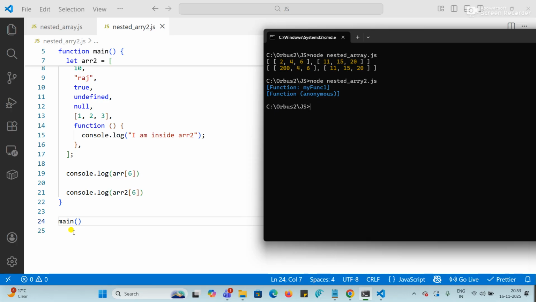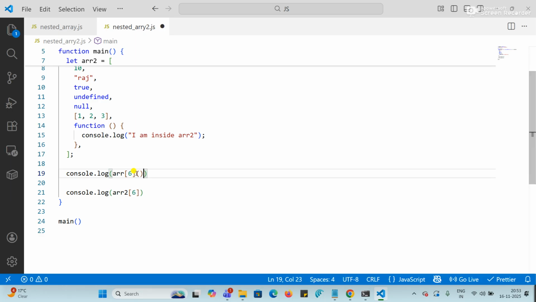Yeah. So in both of the cases, in both the consoles, we are getting that, okay, this is a function, right? arr6, here this is a function and the name of my function is my function1. Again, in the next case, it is saying there is a function, it doesn't have any name, it is a completely anonymous function. All right. So if I write a parenthesis here like this, it means we can call